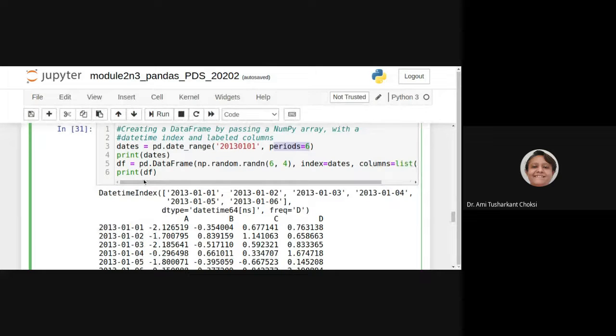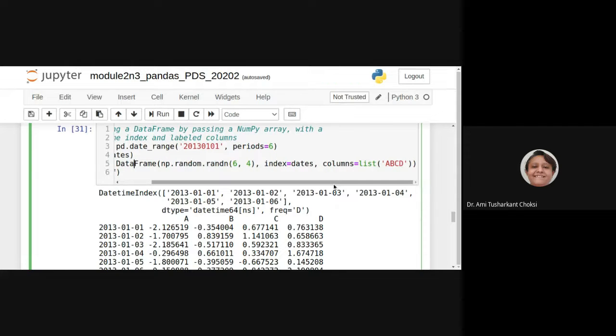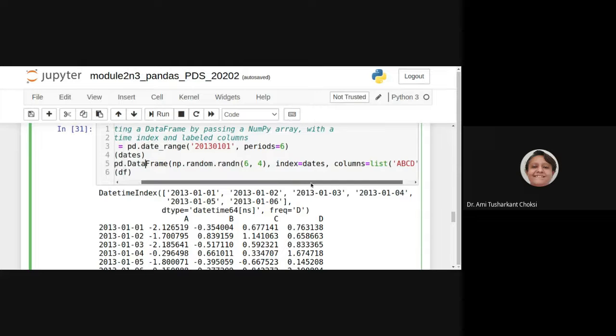let's say we have the data frame with np.random.randn(6, 4), that is 6 rows and 4 columns. Index is equal to dates. We are creating the index as dates and the columns as the list A, B, C, D. Right? Now what happens?